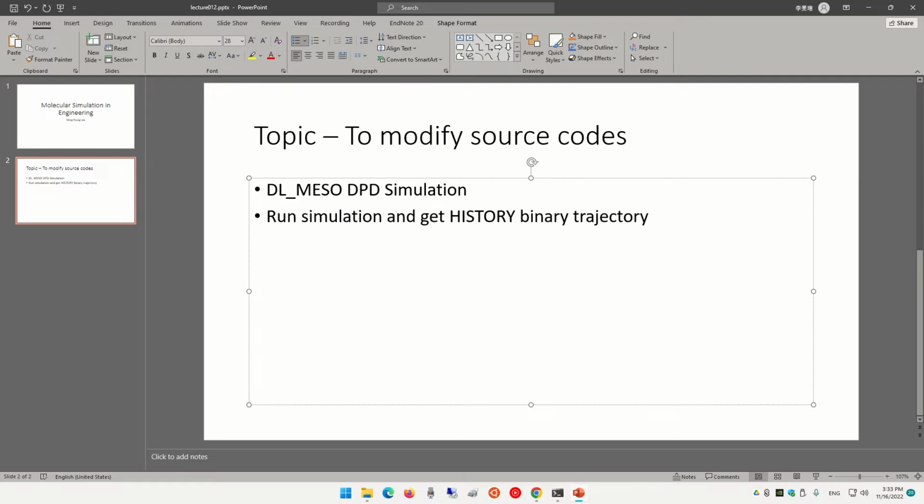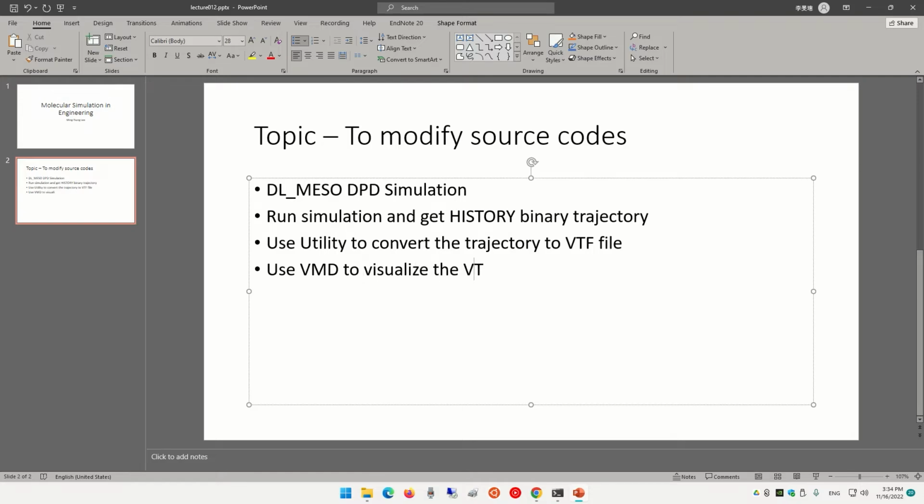Then we use the utility to convert the trajectory to a VTF file, and then we use VMD to visualize the VTF file, right?